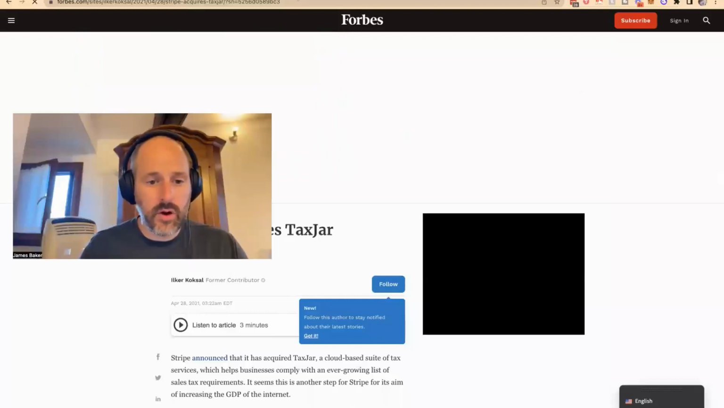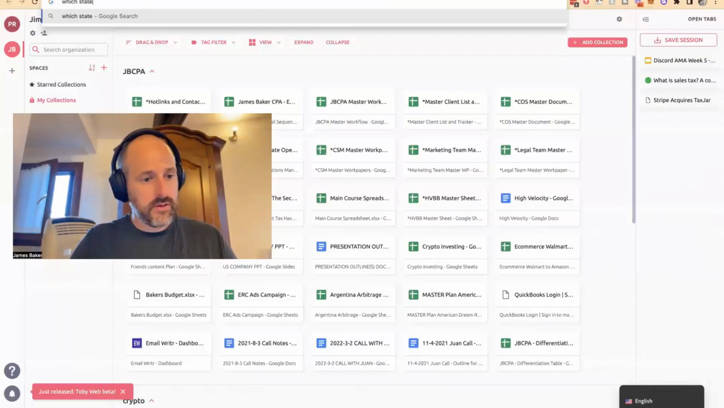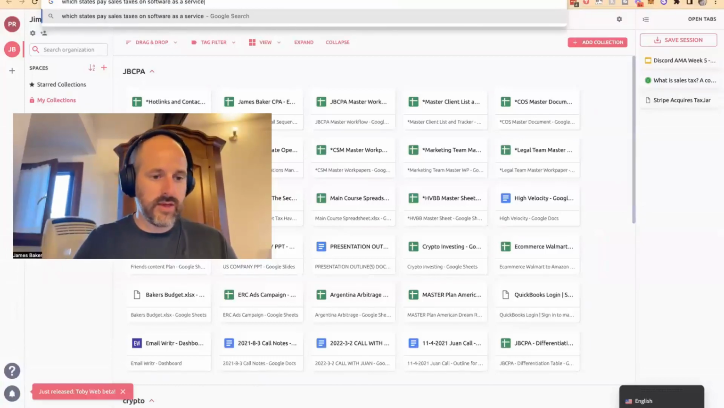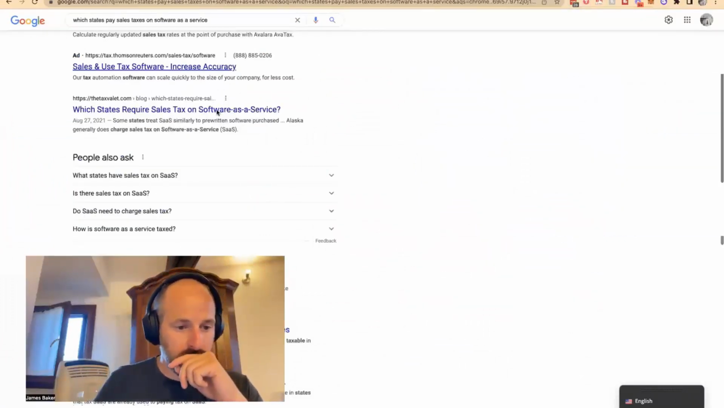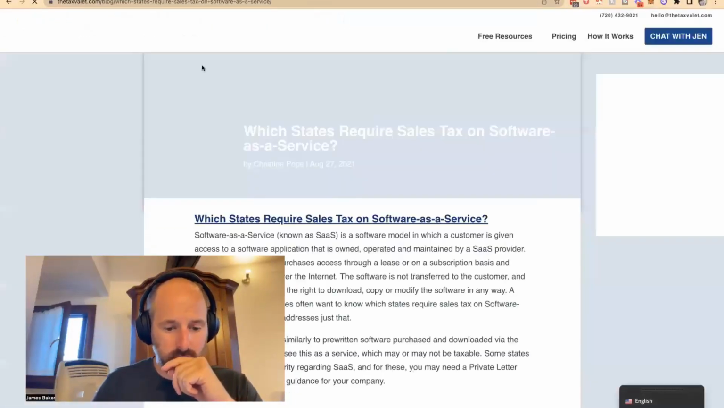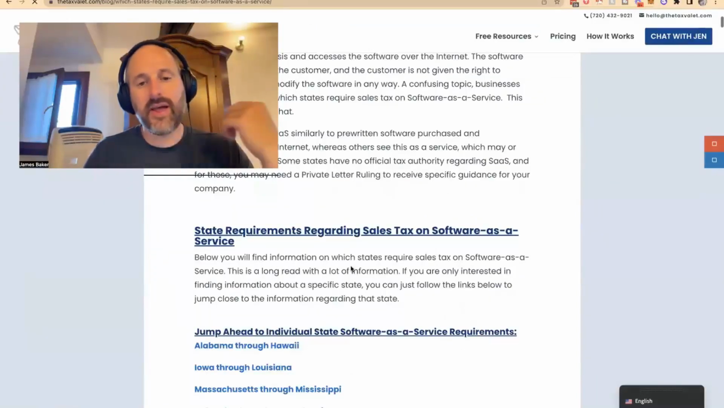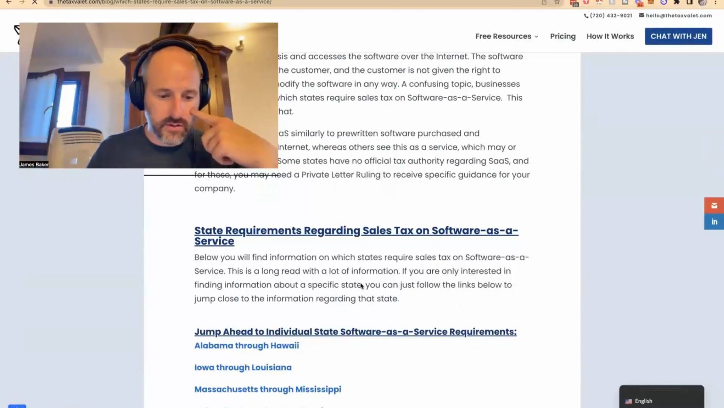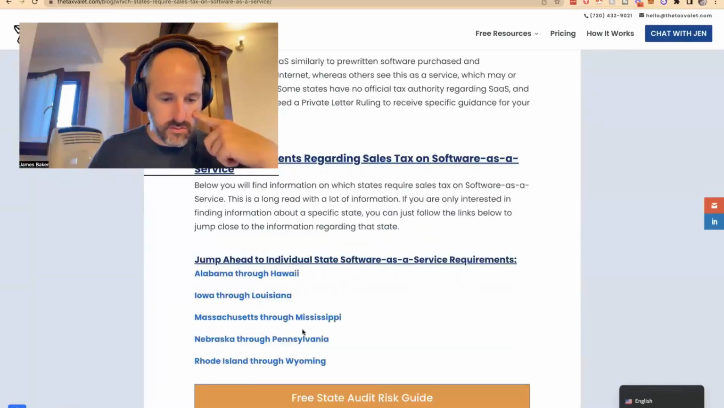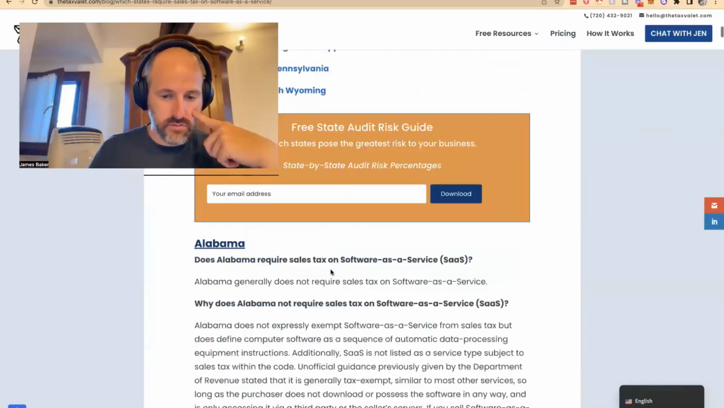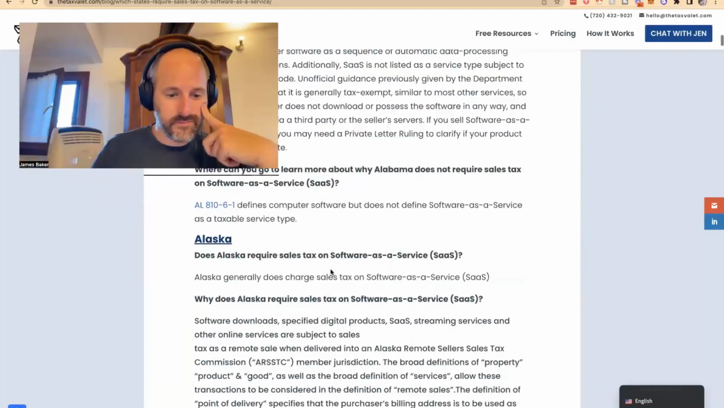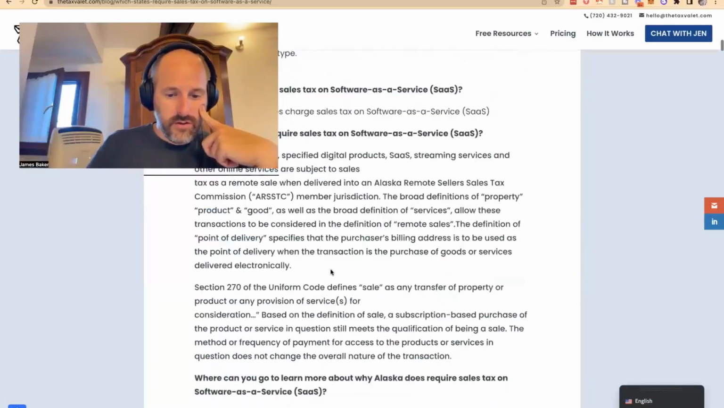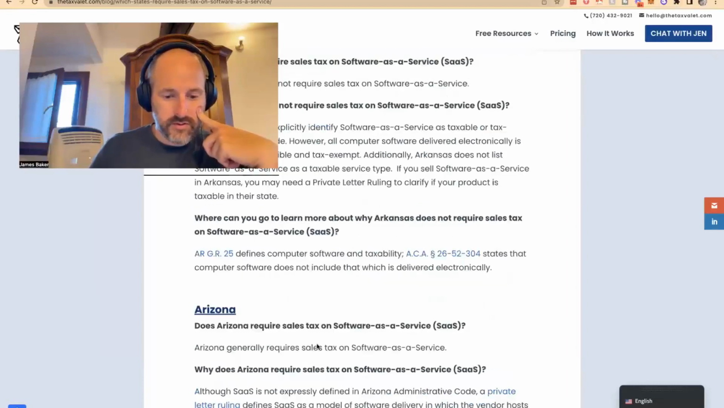Maybe in some states, so which states pay sales taxes on software as a service? Let's see if we have a little chart here for someone who did the work for us already, and then we can verify it. I like to use this as a starting point, and then we read the laws about it. This is a good article. I'm not going to go through every state. It's going to be mostly no. Generally requires sales tax on